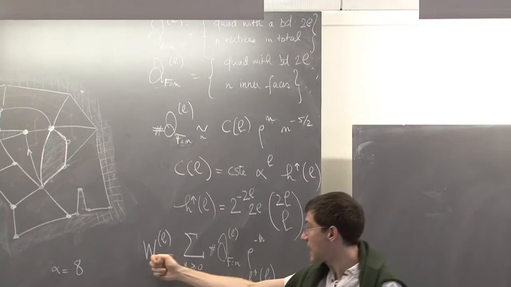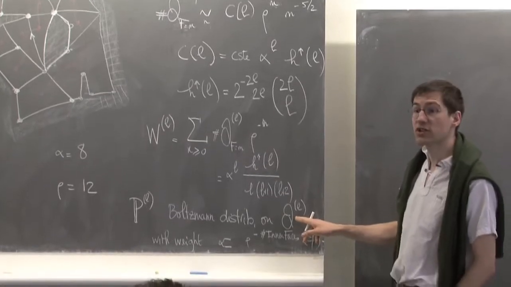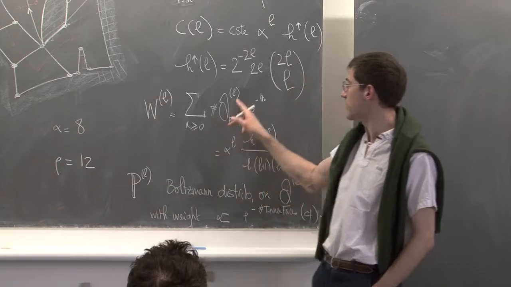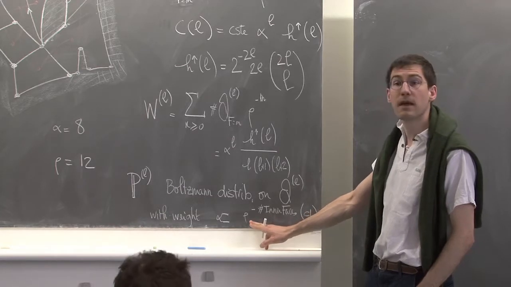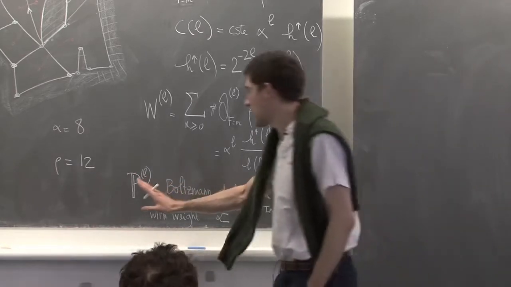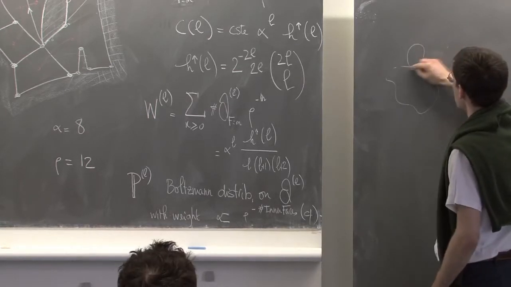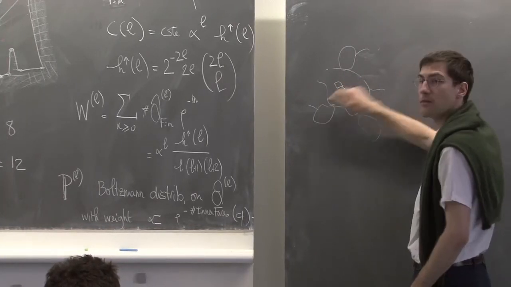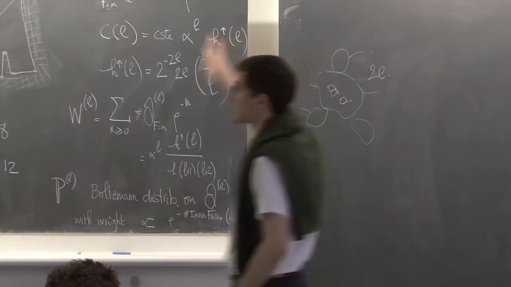And this can be seen as the partition function of the following measure, the Boltzmann distribution on quadrangulations with a boundary of perimeter 2L. You pick a quadrangulation with a boundary of perimeter 2L proportionally to rho to the minus the number of inner faces. So this is a probability measure, and that gives a random quadrangulation with a boundary of perimeter 2L. It's something like this: you've got quadrangles inside, but the boundary outside is of perimeter 2L. Okay, that's the enumeration point of view.